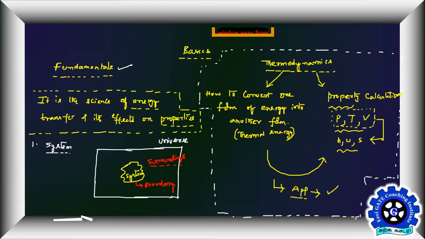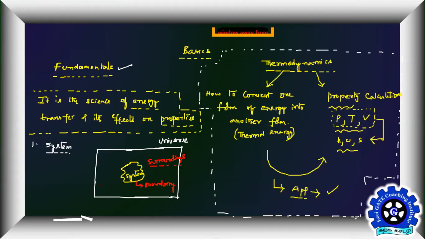Is it clear? Everybody understood? In this entire universe, we are going to focus on a small region, a certain region for your interest, for your study. That region of concentration or focus is called a system. A line or a curve divides your universe into two halves. One is your focus, the other one is left in the universe.